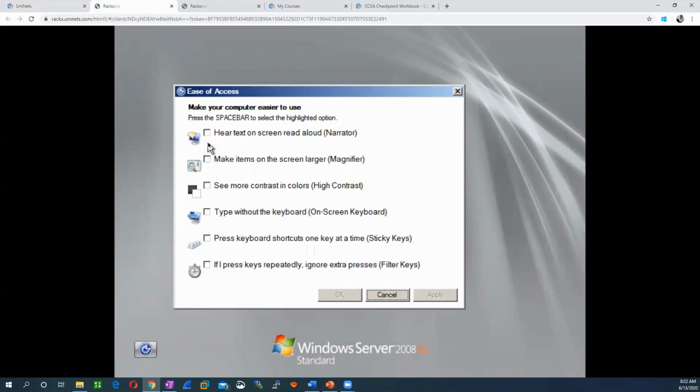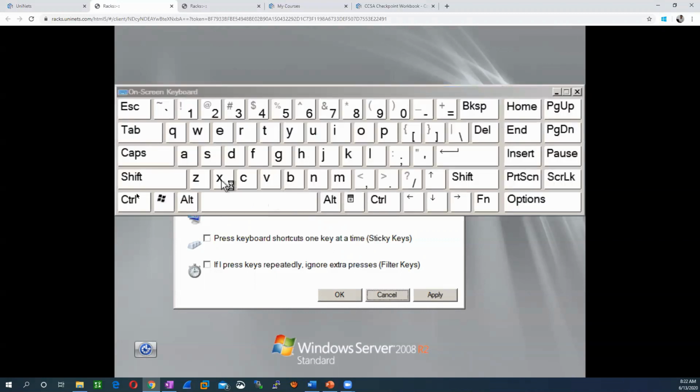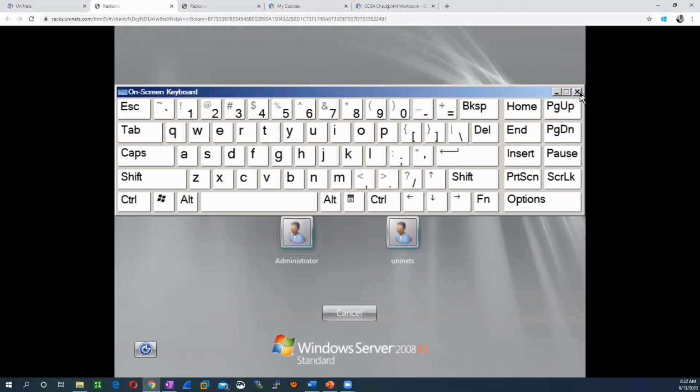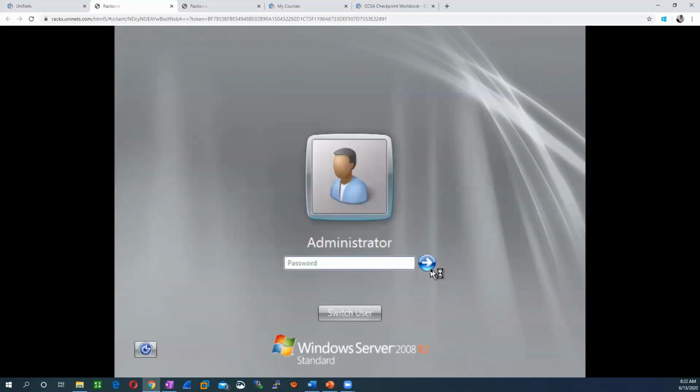Okay, on screen keyboard. The password is uninets@123.